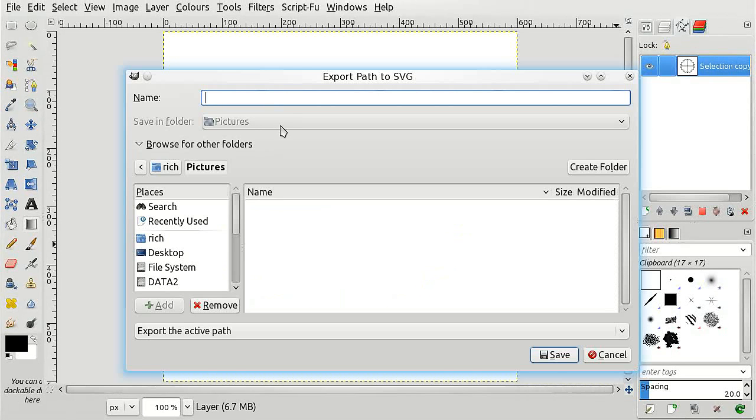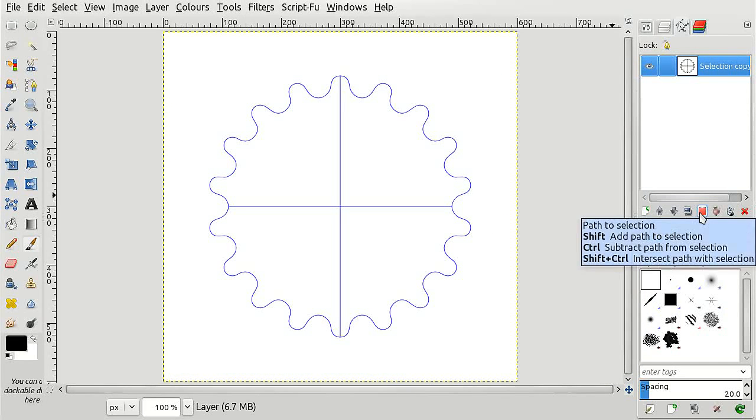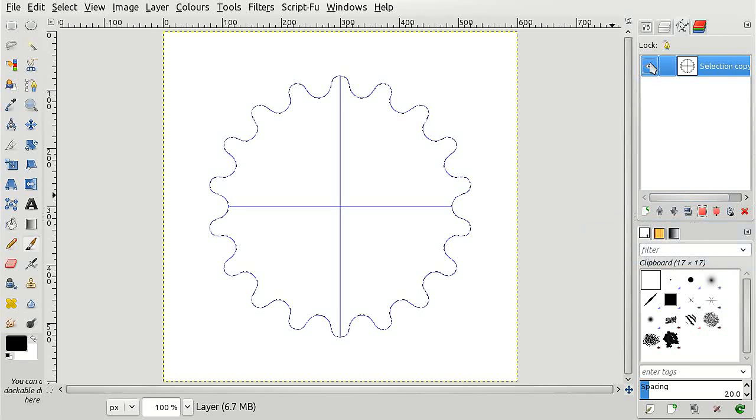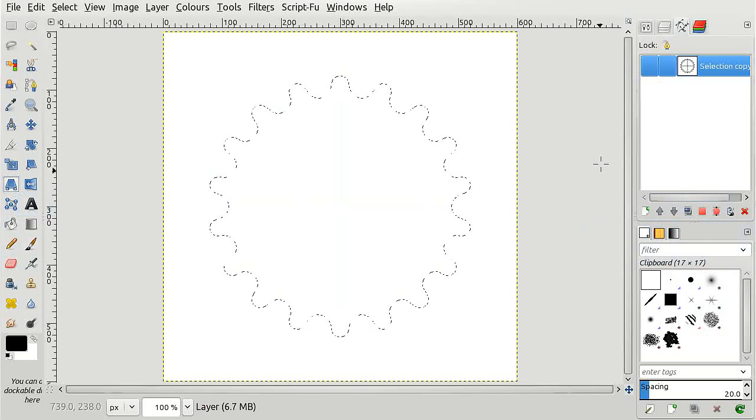Type in a name, something SVG, save it, and that saves it, and we can import that back into another image when we need to. What I'm going to do now is I'll just put that path to a selection,